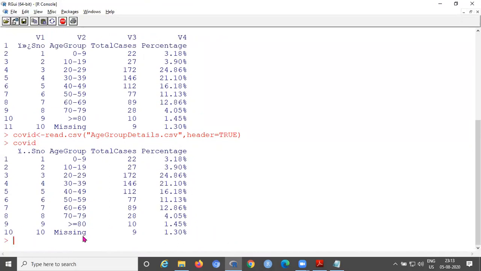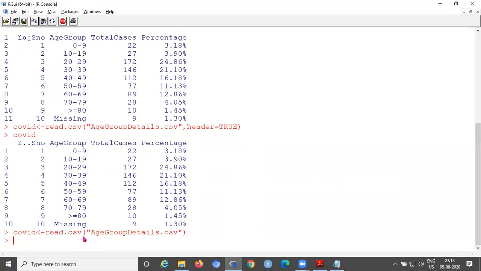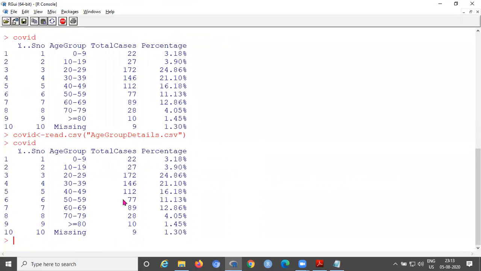Now you can see that V1, V2 are removed, or without giving the true also, by default it displays the original headings, same, no change. But if you want to provide default headings and then your own, when you don't have headings, you can use header equal to false.